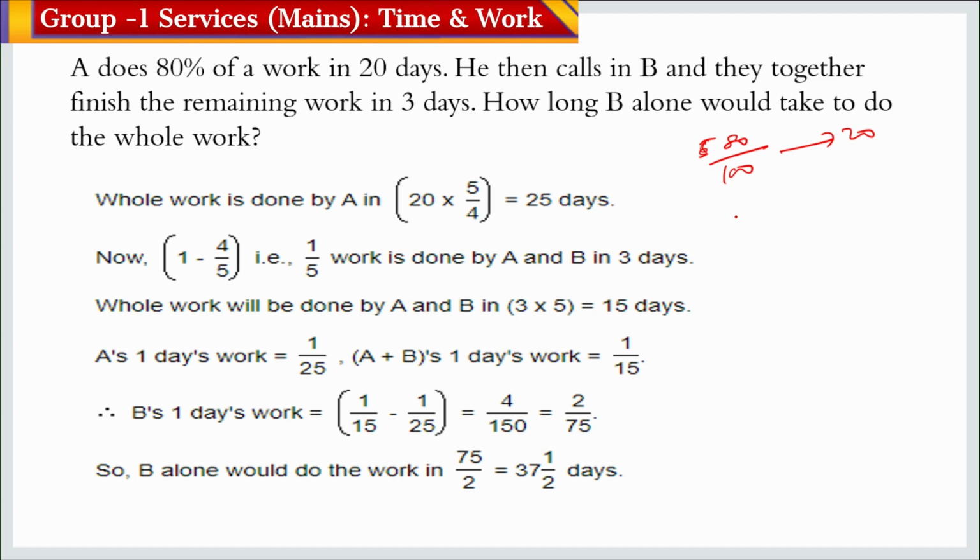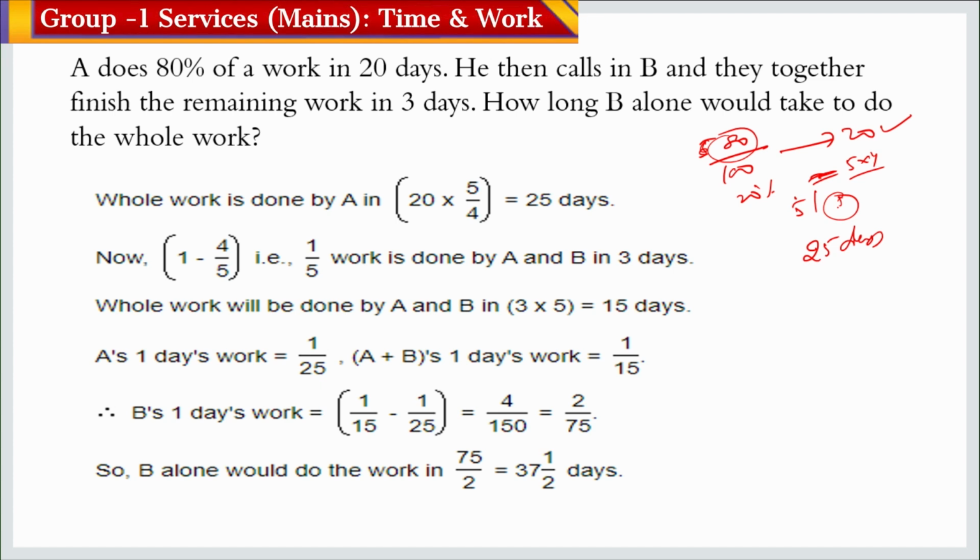Or we can say 20 days means 5 fours are 20, correct. So, for 4 days he will finish 5%, for 5 fours, 20 days, he will finish 20%. He has done his 20 days work. So, in 25 days he will finish the whole work,